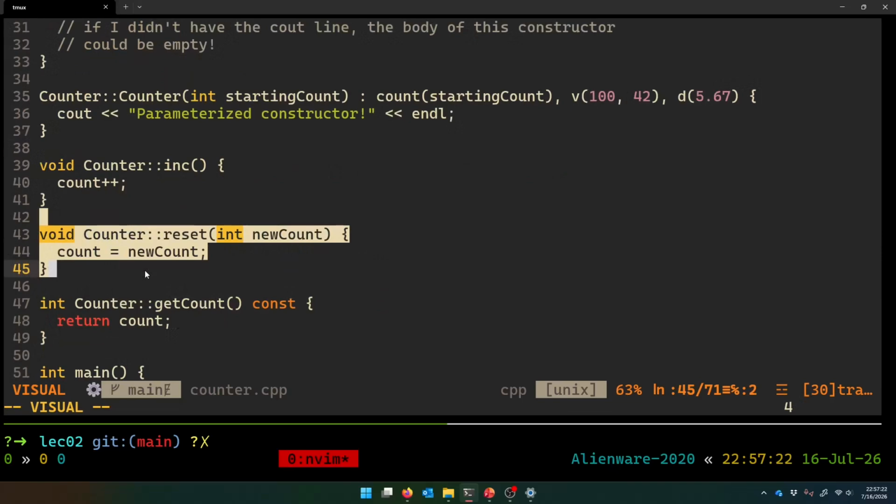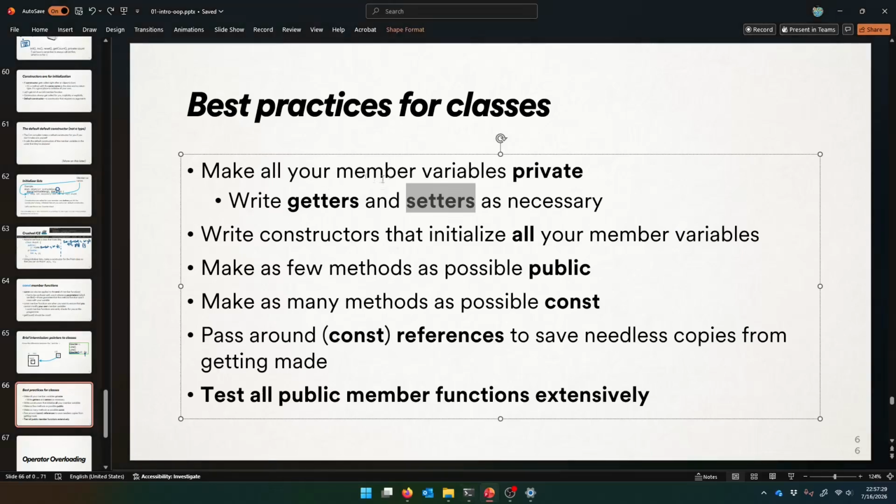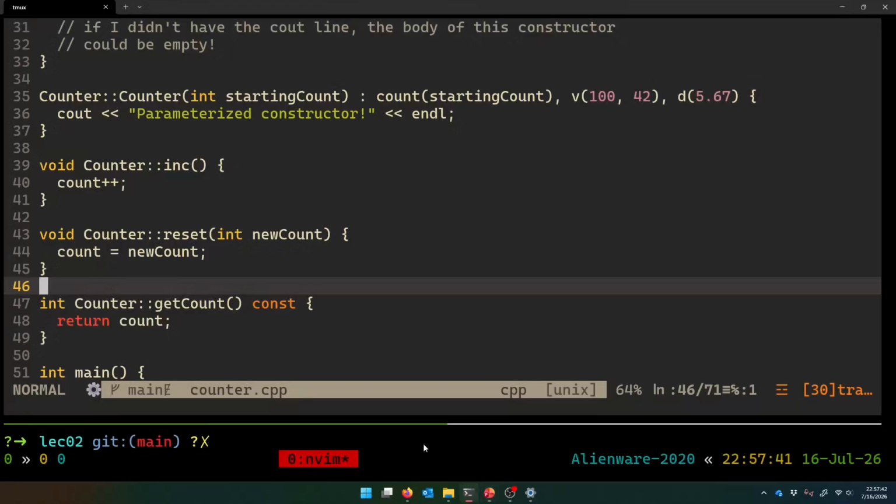It would easily protect against any issues and making count be something wrong. So that's good. That's the whole point. By making your member variables private, you can give just as much access as you want to the user. So there's that. You should also be writing constructors that initialize all of your member variables, or if you know